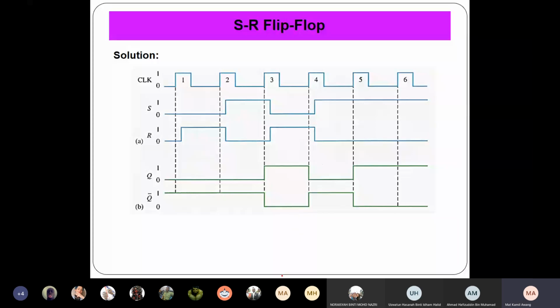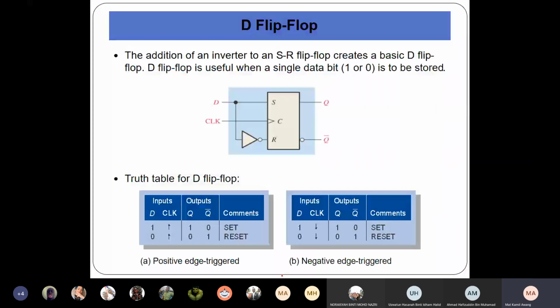That is SR flip-flops. Now we go to the next flip-flop, is D flip-flops. This one you have to remember because all this will be in the test, whether it's in test 2 or in the finals. D. The D flip-flops